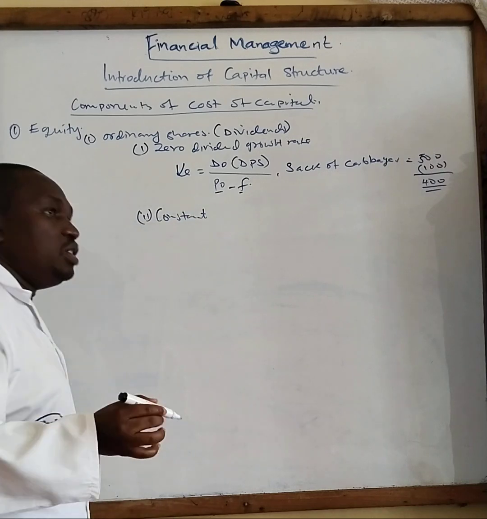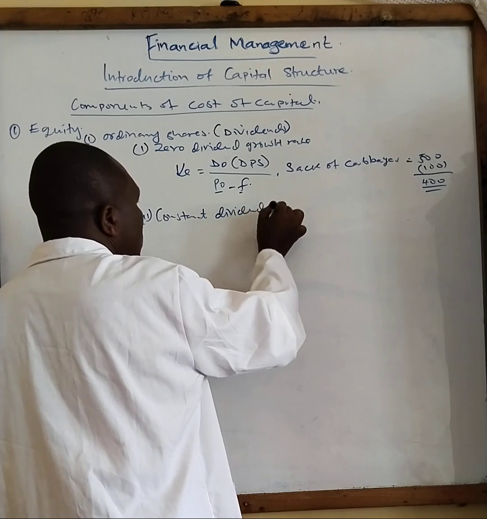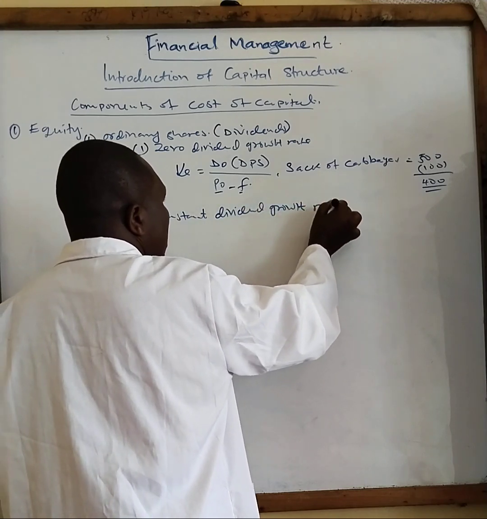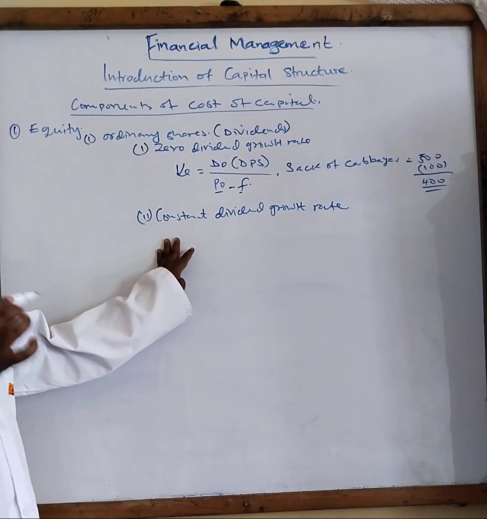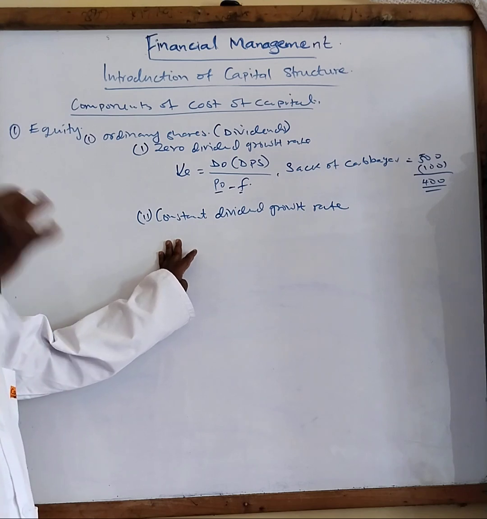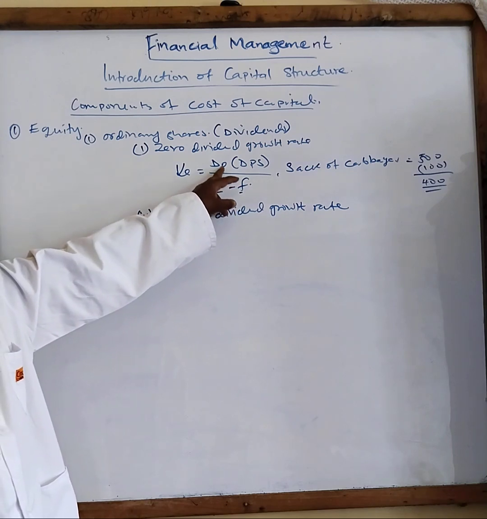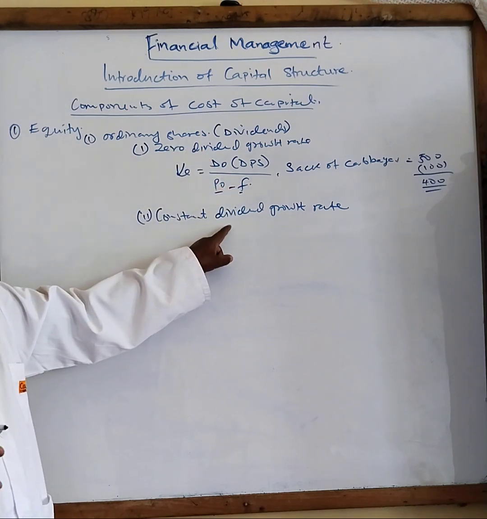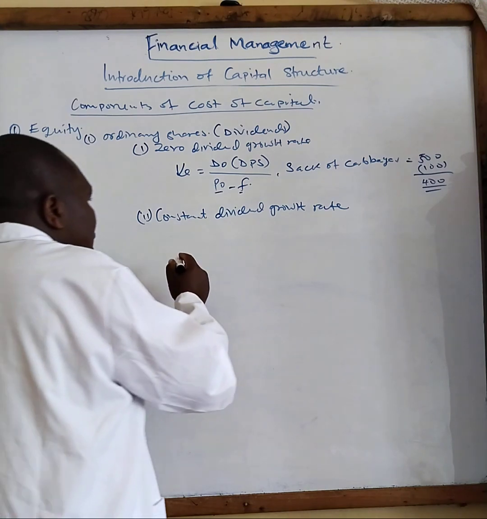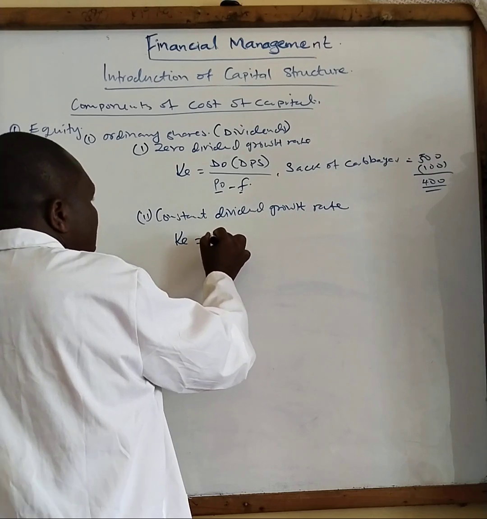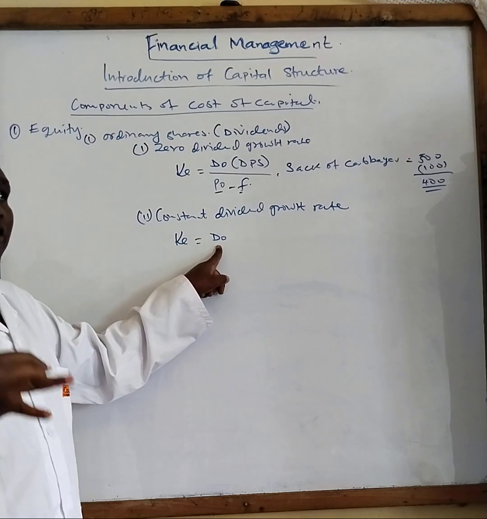We discussed the same also in business valuation: the constant dividend growth rate. This is where the dividend payment is growing at a particular constant growth rate up to a certain period of time. So in this case, it is not like the earlier one where you are paying just once, but you are paying, and it is growing every year. Therefore, we can now say cost of equity is given by D0. This is the current dividend, the current dividend that we have just paid.